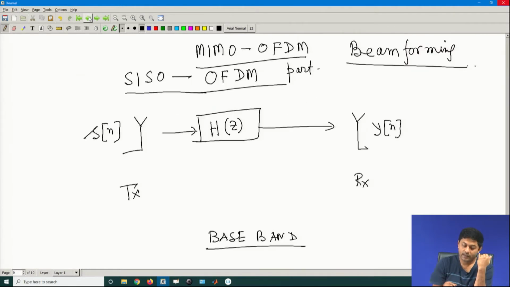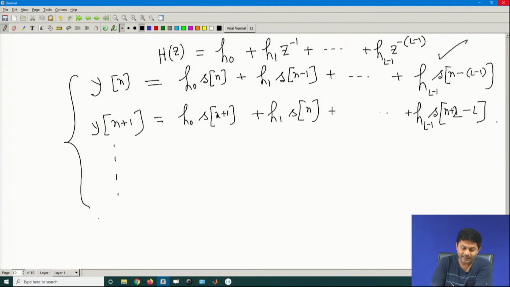It means that if I look at my transmission system, I am sending the data one by one, unlike your MIMO. Why? Because in MIMO, I am sending the data at the same time, a whole bunch of data. But as I am using a SISO, single antenna system, I cannot send S[n minus 1] or S[n plus 1] at the same time, because I do not have the antenna. So, at a time I am sending only one, but I am observing one by one. So, I am putting them in memory, and then I am stacking them together.